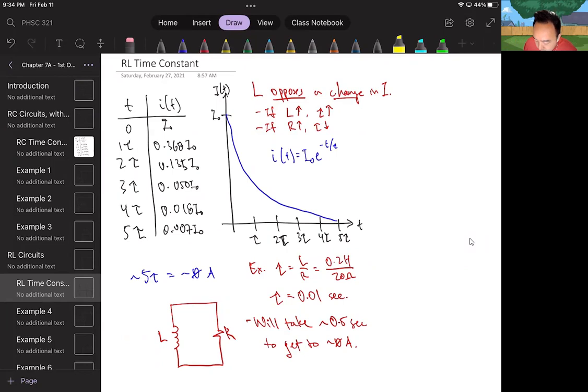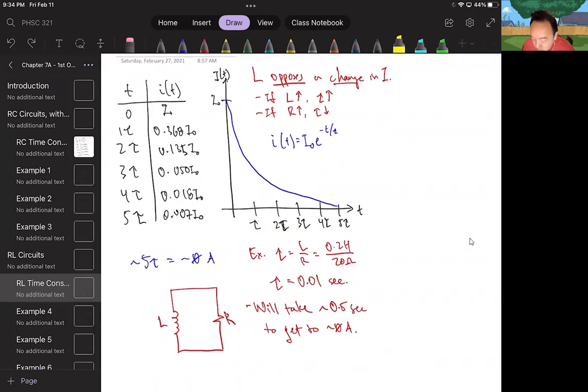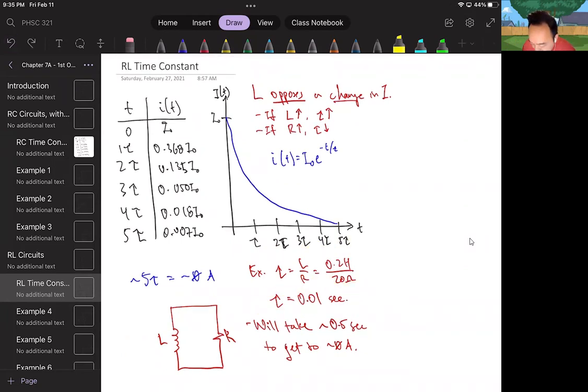So one thing to note, or one example here. If you're given two values, your inductor is 0.2 henries and your resistance is 20 ohms, you solve for that, and your time constant is actually 0.01 seconds. But if you actually multiply that out, what you'll get is that